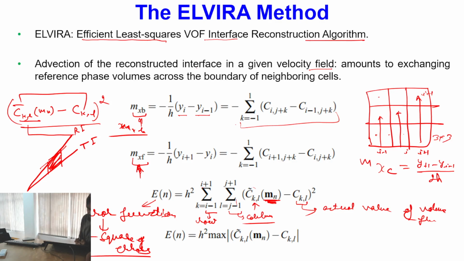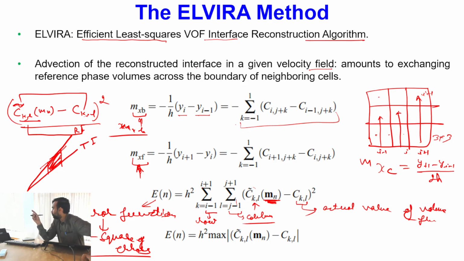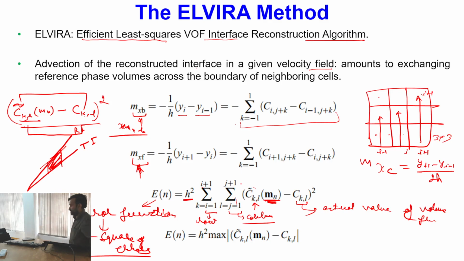Now what will be this value? This C tilde KL and CKL, both of these are nothing but fractional quantities. These will have values between 0 and 1. This fractional quantity is multiplied with h square. What is h? H is nothing but the side of the cell, and on both sides we are taking a uniform grid. So for the stencil, it is the overall mean square of area error in this particular system. Okay, now what I will be doing,